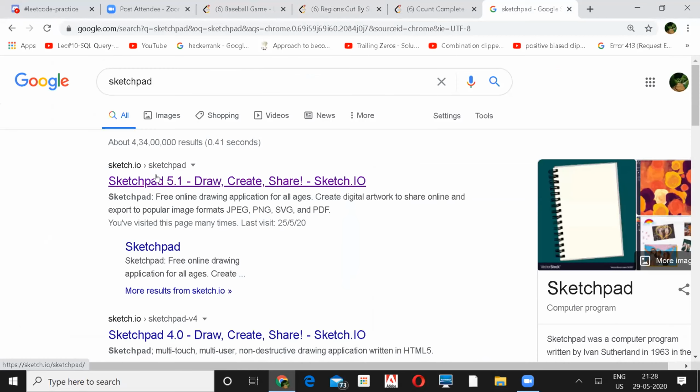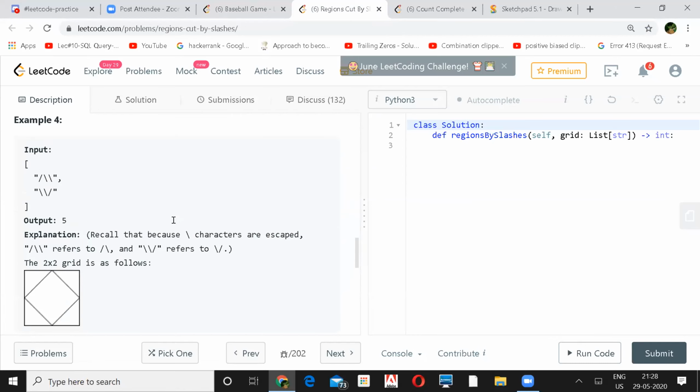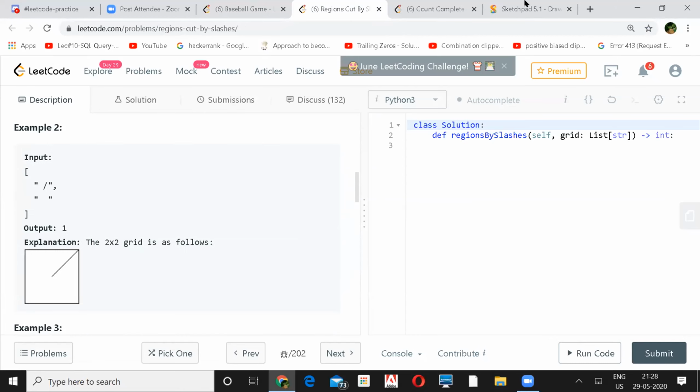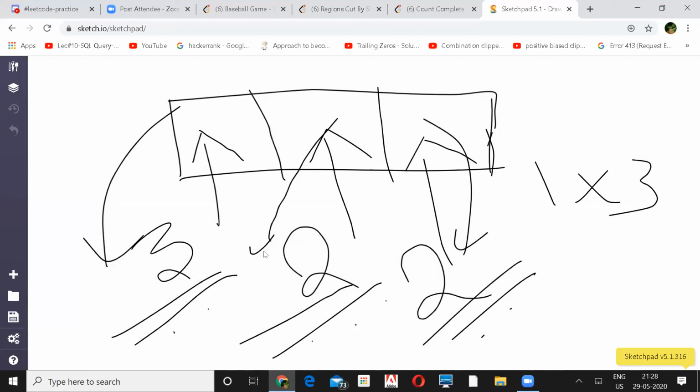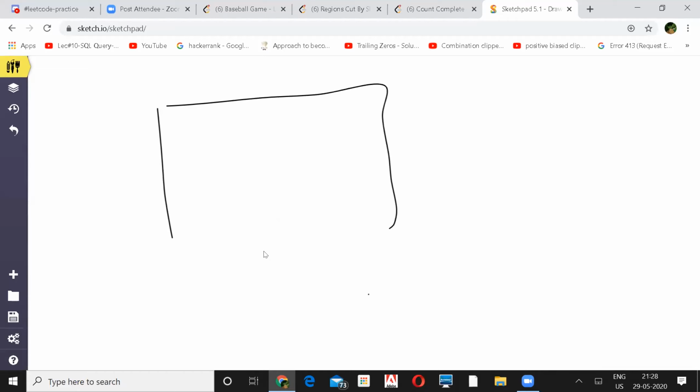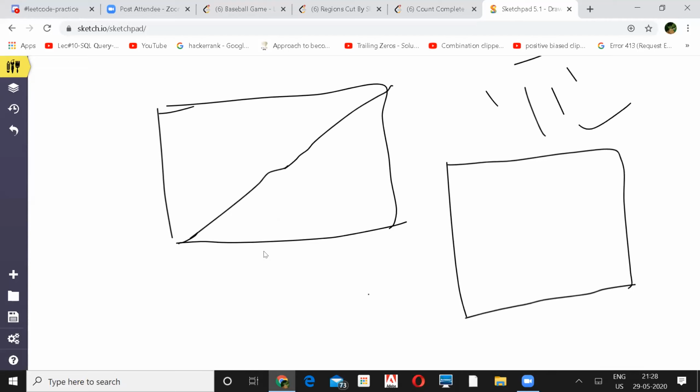My question was, even if you have one, why can't we divide it into two spaces? Like, for the second slash, what we did. Let's discuss, actually he's drawing it. Yeah, sure, let's take both the examples. Because this problem is very confusing to understand, and also during implementation it is very confusing. So these 2 slashes, one will be up to here, and the second slash will be like this. Do draw a grid first, 2 by 2.